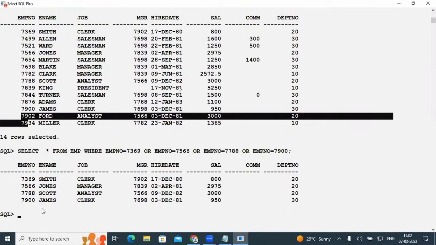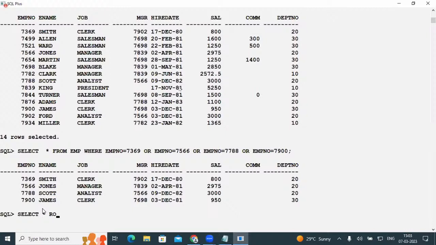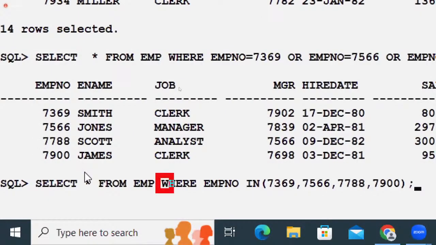Okay, now the same thing, but in place of this, I'm using the IN operator. Select star from, carefully observe, don't confuse, where EMPNO in of 7369, 7566, 7788, 7900. Now tell me, in this example, under my where clause condition,